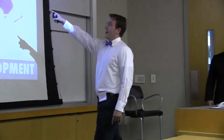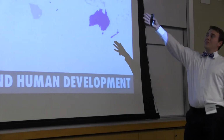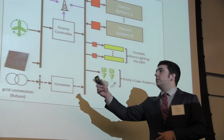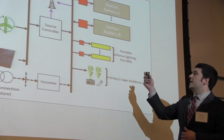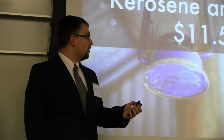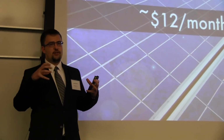And if you look here, at the right of the countries, these are countries with a lower HCI. So the countries with the dark blue are countries that have a higher power. We have a power increase in this, but we don't have a little bit of from there, the energy is stored in precision battery. They determine that shown here and regulate the voltage to our stationary lines. From there, you determine the cost that would both be affordable for people and pay for the upkeep of the system long term. And that cost would have about $12 per month. And for that $12 per month, people are, instead of getting just kerosene for their lamps, they're getting